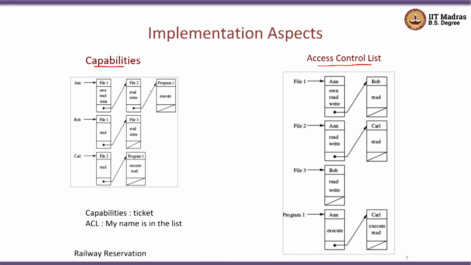The other methodology for implementing these discretionary access control policies is with the help of access control lists, right? In some specific way, this is essentially a transpose of capabilities. So here, instead of each subject having a linked list, each object has a linked list. For example, you have file 1 and a linked list of every possible user and the corresponding operation that can be performed by that user, right? So there is a subtle difference between the two, and this difference makes it advantageous to use capabilities in some scenarios or access control lists in other scenarios.